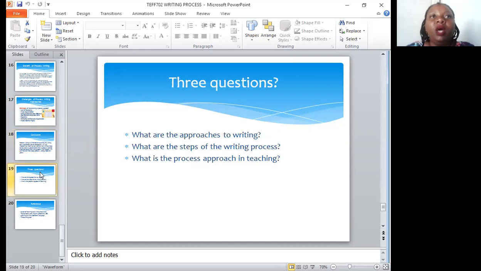So we have three questions just to make sure we understood each other, or if I was clear enough in explaining the process of writing. The first question is, what are the approaches to writing? We spoke about this. Secondly, what are the steps of the writing process? We spoke about the steps. And lastly, what is the process approach in teaching? We spoke about this. These questions are just to help you to remember or to help you to notice